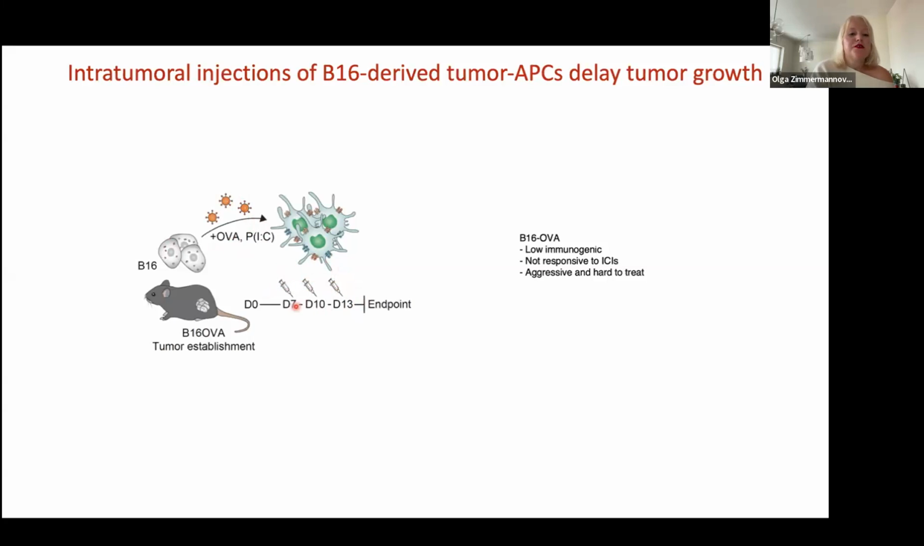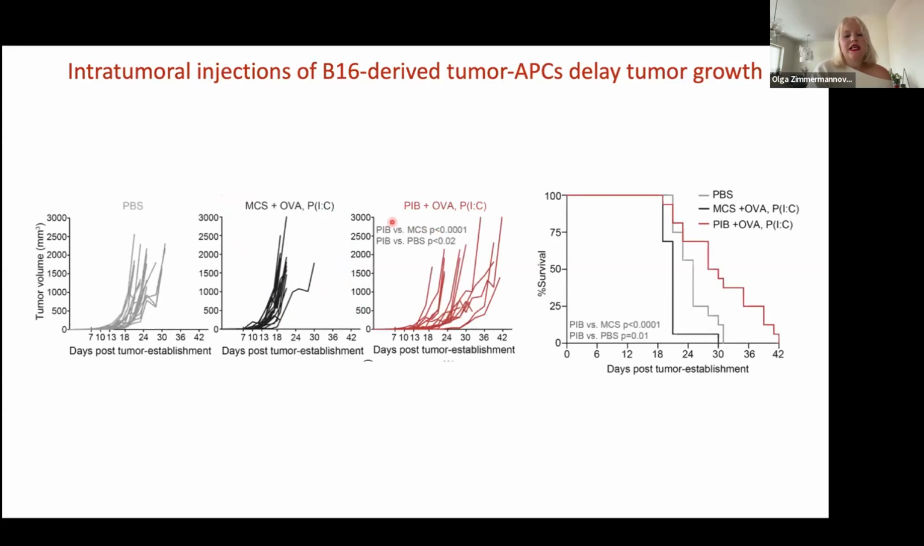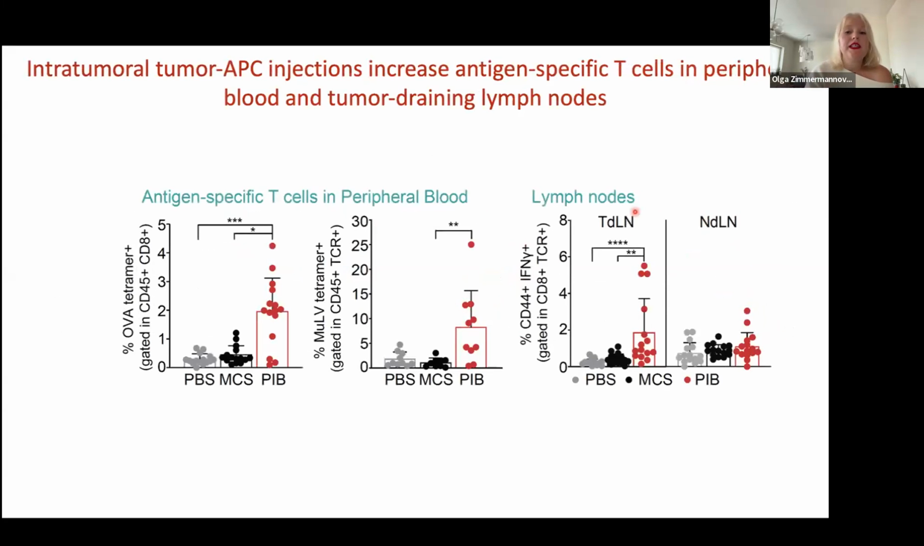And we did the injections at three subsequent time points at day 7, 10, and 13. And you can see that the administration of the tumor APCs managed to delay the tumor growth and also prolong the survival of the animals. And we validated this effect by showing that the intratumoral injections of APCs managed to expand T cells, which were specific not only against OVA, but also against other endogenously present melanoma antigens, both in peripheral blood and